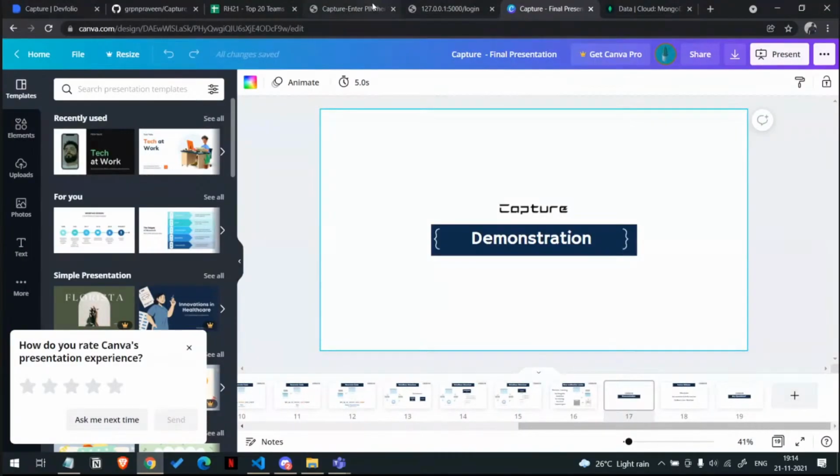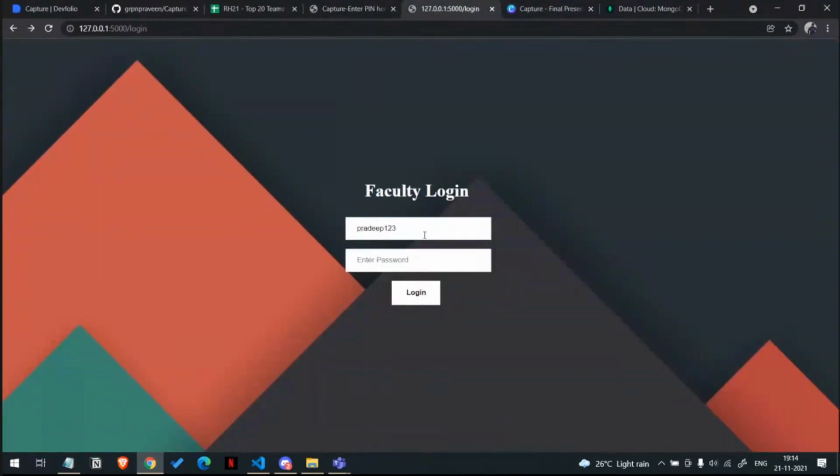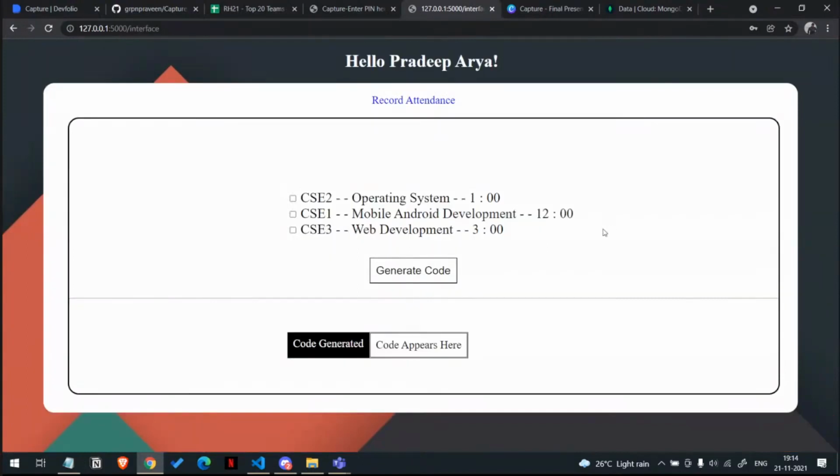This is how the interface of the faculty looks. We have initially given only one authentication part, which is the third-party login. The faculty can see all the subjects he is teaching. Let's say the faculty is teaching 3 subjects. I can select any subject and click generate code. This code will be generated according to the earlier format and shared with the students. Let's say this code is shared.